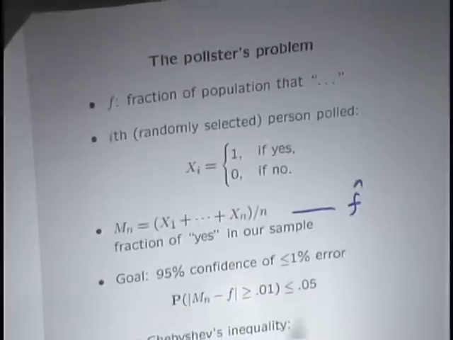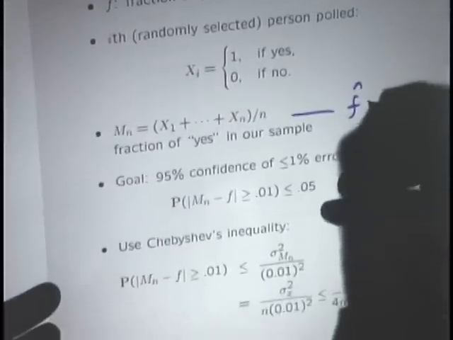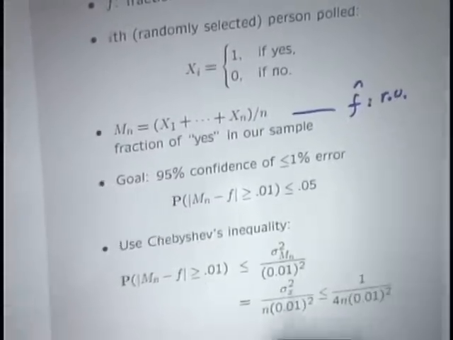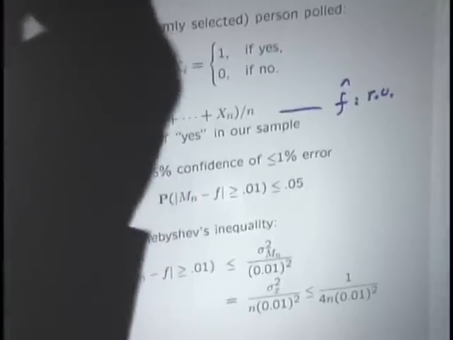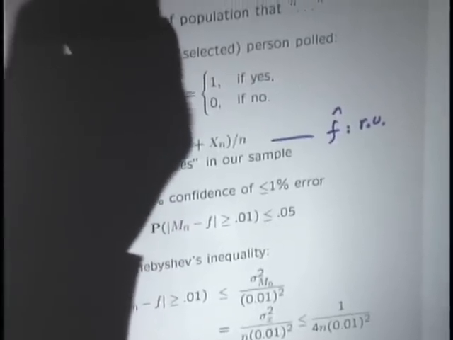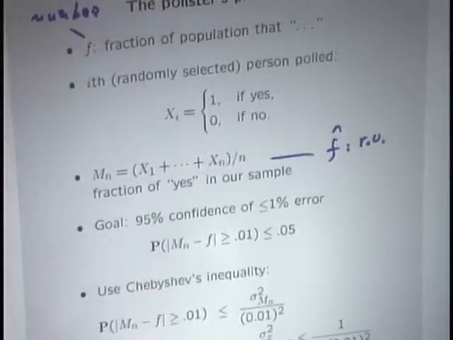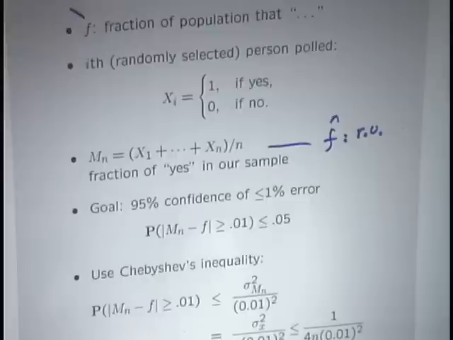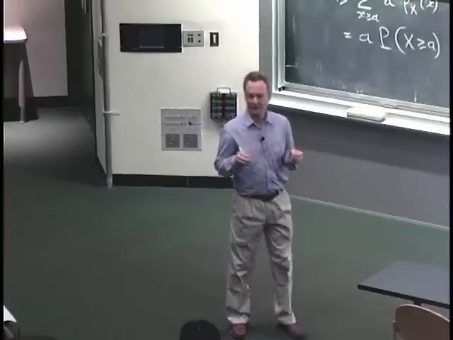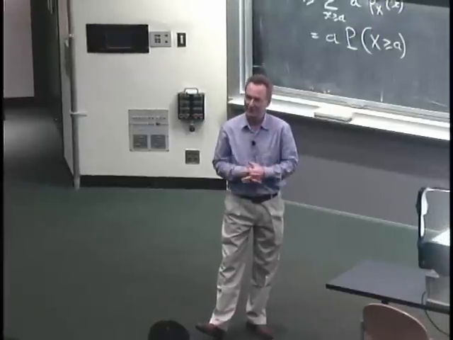Now, even though I've used the lowercase letter here, this f hat is, of course, a random variable. F is a number. This is the true fraction in the overall population. F hat is the estimate that we get by using our particular sample. Okay, so your boss told you, I need to know what f is, but go and do some sampling. What are you going to respond? Unless I ask everyone in the whole population, there's no way for me to know f exactly, right? But there's no way.